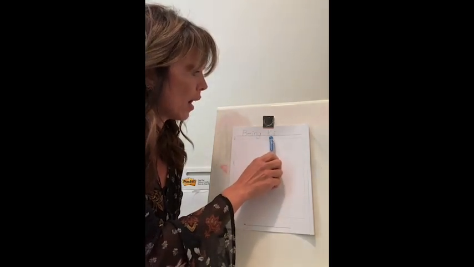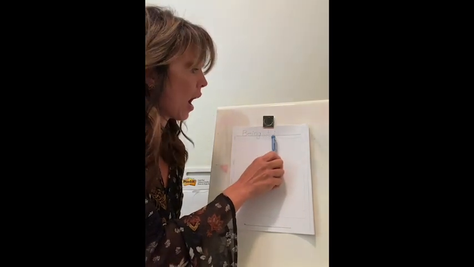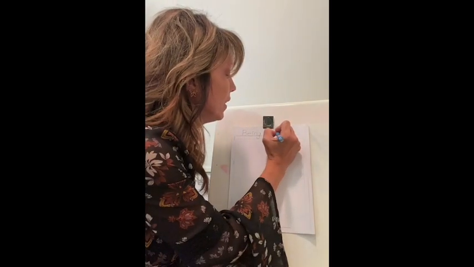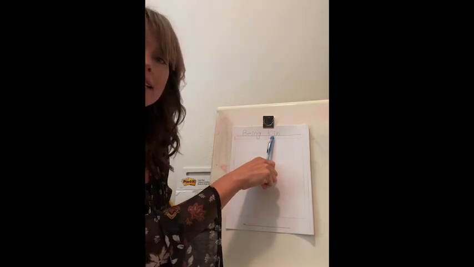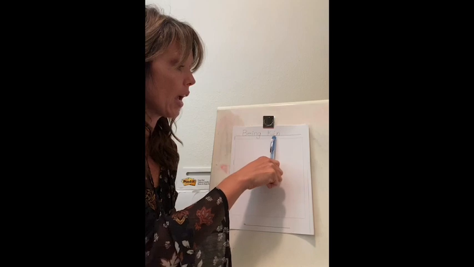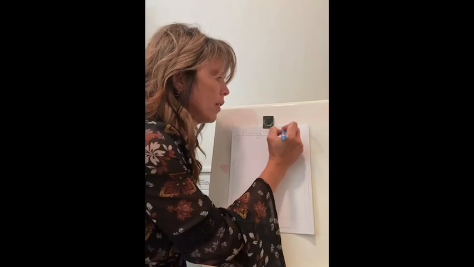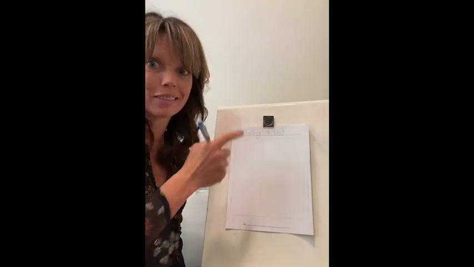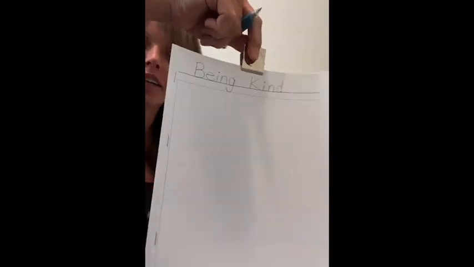K, I, N. K, I, N. Very good. That is the letter N. K, I, N, D. K, I, N, D. Okay, very good. Remember, a donut and then a door is the letter D, or a diaper in the back. All right, so there's our title.